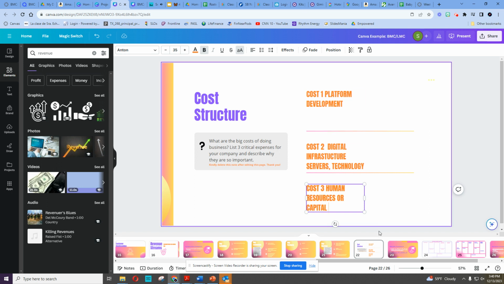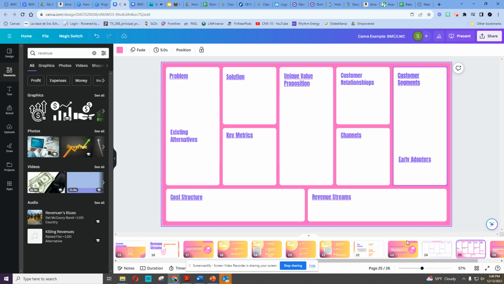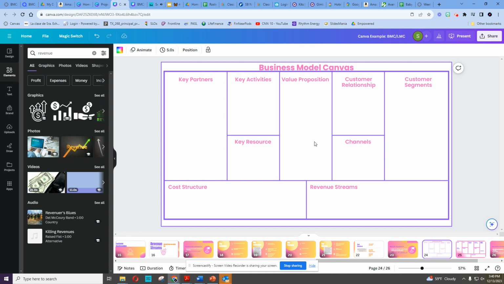So that takes you through all the slides. And then when you get here, all you're doing is just taking all that information that you just put together and throwing it into each one of these canvases. Remember, this side of the canvas right here is going to be the same for both. There might be a little bit of difference here for early adopters. I just would have simply added students or teachers. I'm just filling it out. So that takes you through every slide in some more detail with the expectations for the project. Use this how you will. It's going to be slightly different in the sense that you're analyzing a retail company, but the pathway to your success is absolutely